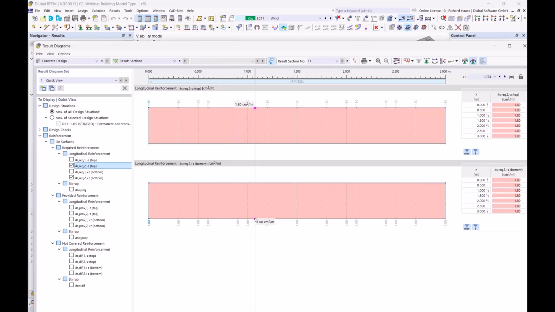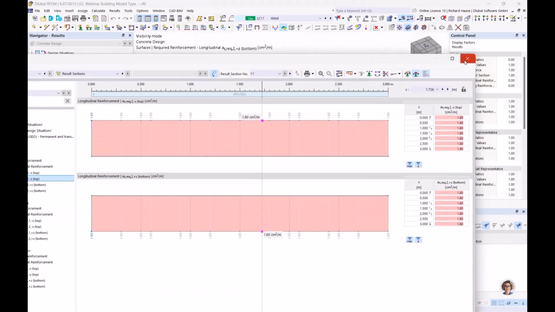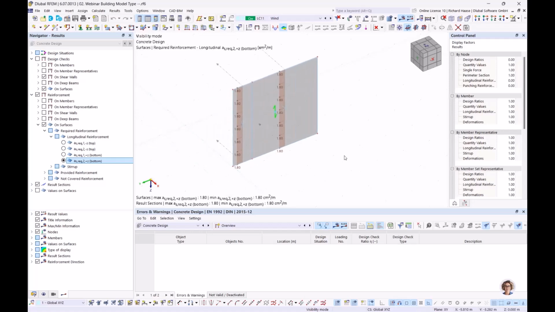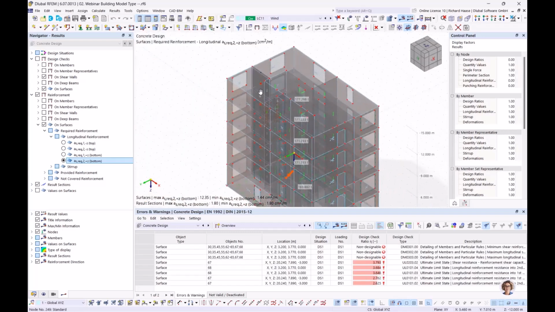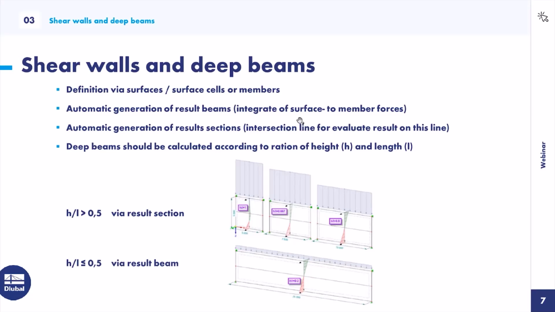Here it's all the same because we don't have big loads, but we must choose this 1.8 for the shear reinforcement. And that's the workflow we have at the moment. Okay, that was about shear walls and deep beams. Let's cancel this visibility, and let's switch back to the PowerPoint presentation,